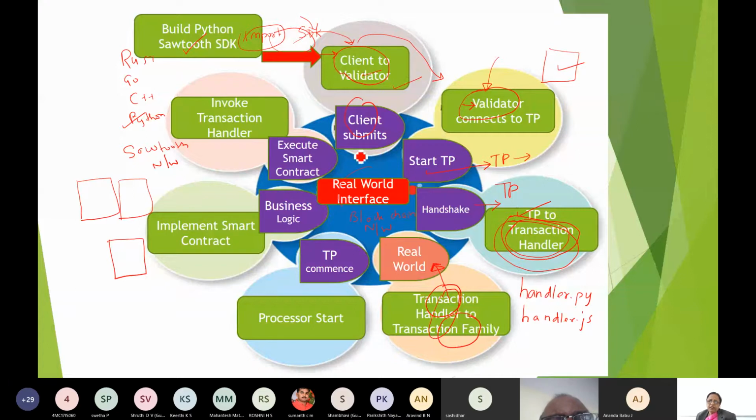And in specific, here it is the Hyperledger Sawtooth blockchain network. Okay, so here what will happen? You have written a program, and you are also designing this transaction family for your application.